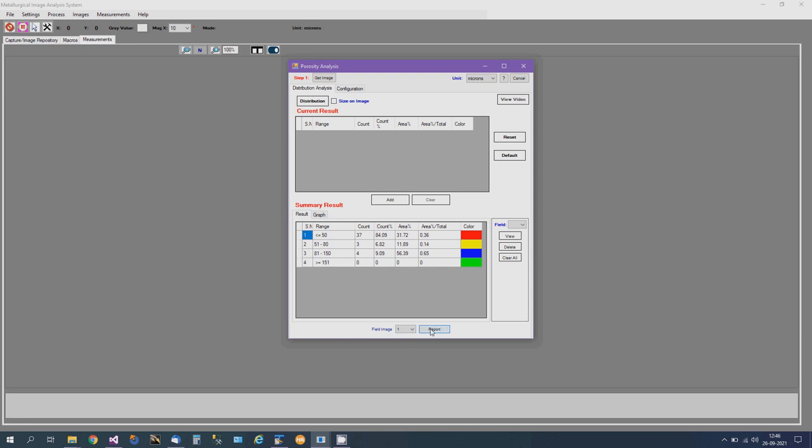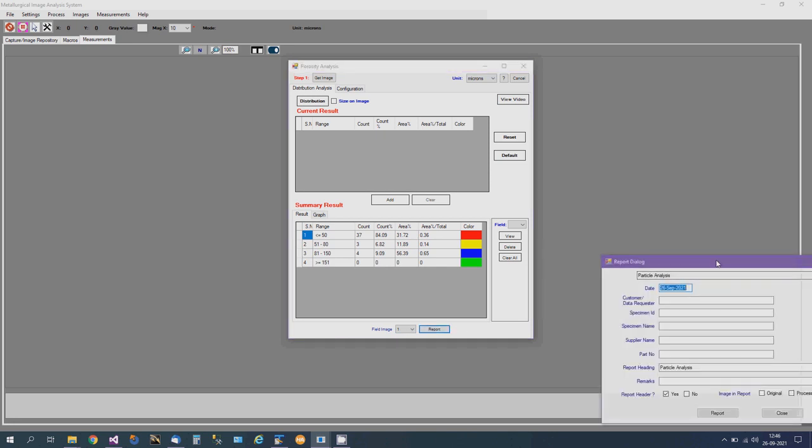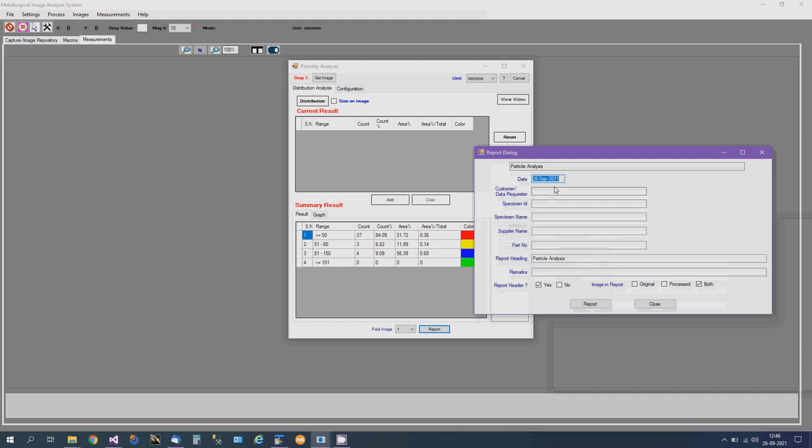If you click on the report button, it will show a report dialog where you can enter who is your customer, your specimen ID, any remarks you want to make, and then click on the report button.